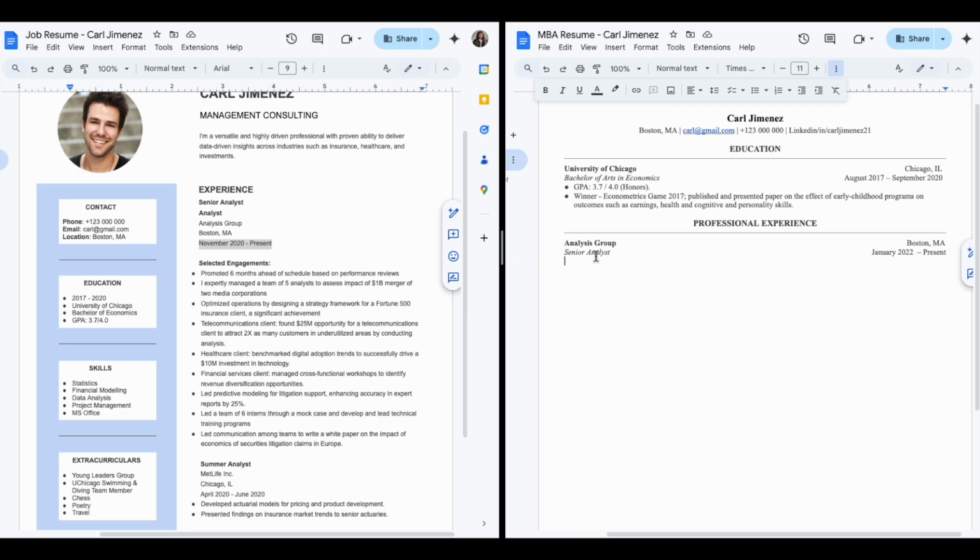Now this is going to be a very clear presentation style, which makes it immediately obvious that Carl has been promoted, and it will help to demonstrate how his responsibilities have grown over time. Here I can't really see any sort of, he has mentioned that he's been promoted 6 months ahead of schedule, but all of these responsibilities are clubbed into one, and I cannot see the increasing impact that he has had with each role. So here I'm going to want to start